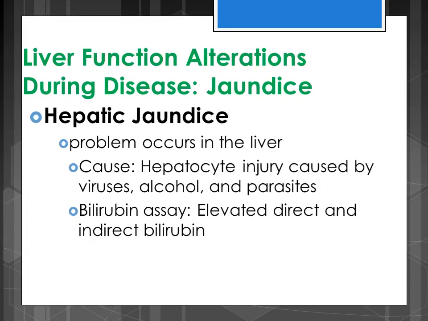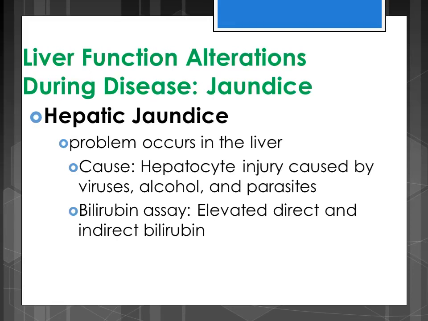Because the problem there is the enzyme, the UDP-GT, or due to diseases resulting in hepatocellular injury or destruction. So those are the most common causes for hepatic jaundice. Hepatocyte injury caused by viruses, alcohol, parasites, as well as hepatocellular injury or destruction, and transport defects. Gilbert's disease, Crigler-Najjar, and physiological jaundice of the newborn are hepatic causes of jaundice that result in elevation of the